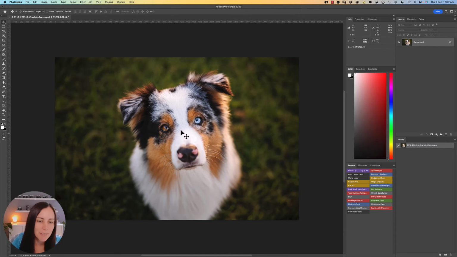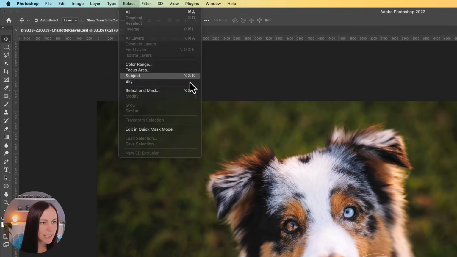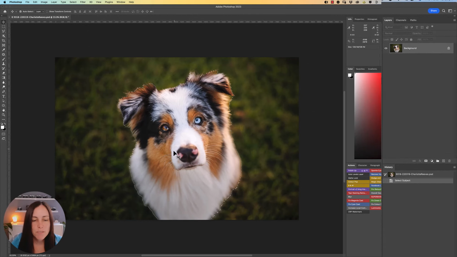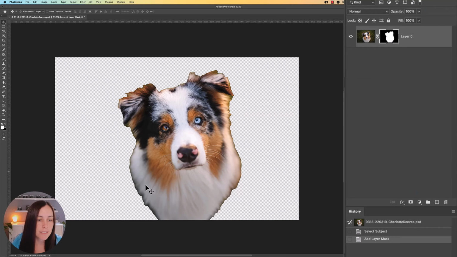We've got this photo of Enzo here, and I'm just going to select subject using the device mode. If we go select subject, it will very quickly give us a subject selection. Now, if we add a mask to this, I'm just going to click the little mask icon in the layers palette. It will add a mask so it masks out the whole rest of the background.